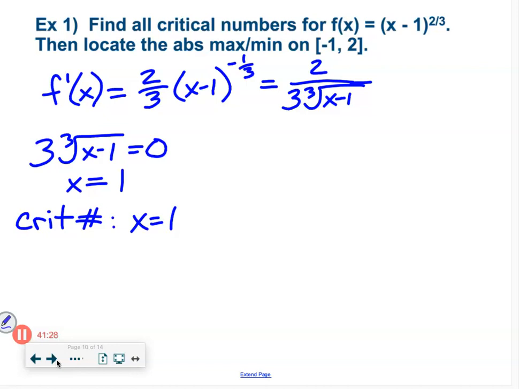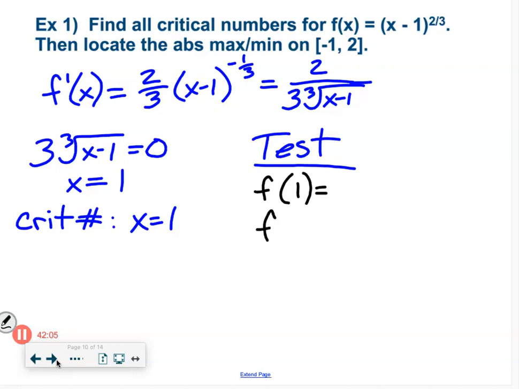So now what we're going to do, here's what I like to do, and the College Board loves it if you do this. It makes it really easy for the readers to find your justification. So if you actually write the word test, they like that. Like this is a, oh, this student is making my life easier kind of a thing. You want your reader to be happy, right? Reader means the grader. They call them readers. So anyway, we're going to plug in our critical number and our